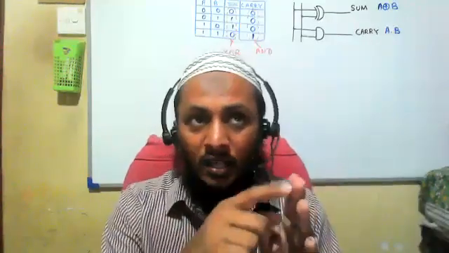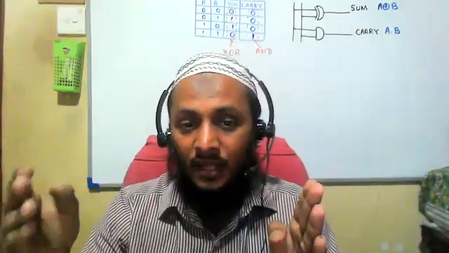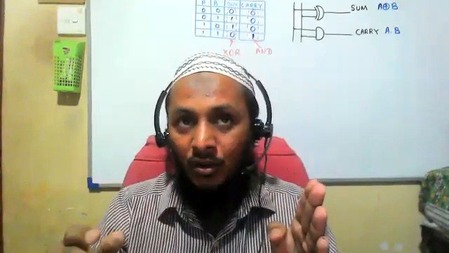Hope it's clear. At the beginning, we can add, for example, 1 0. We are adding 1 0. Then sum is 1, carry is 0. Then if we want to add another bit, so sum is 1, carry is 0, and another bit, for example, we'll take it as 1. So we can't add that using this half adder.